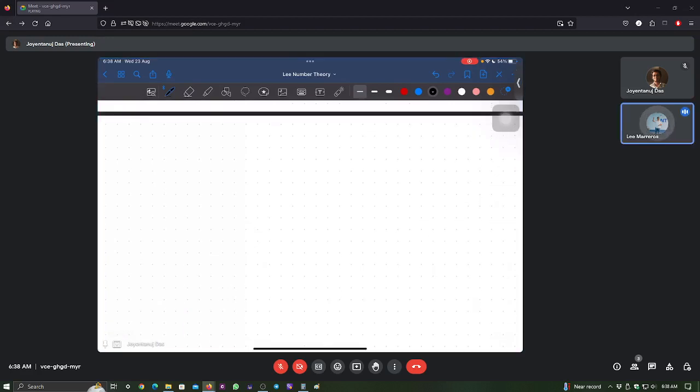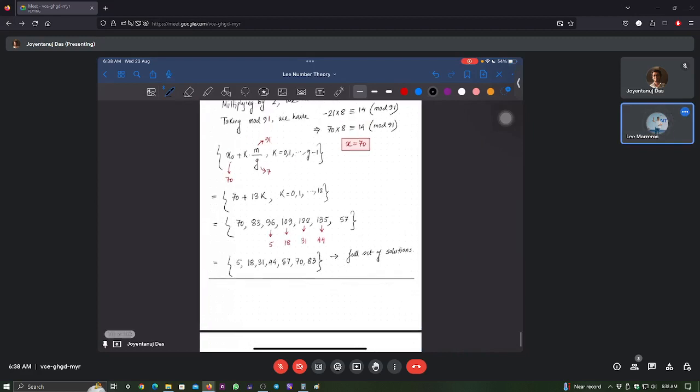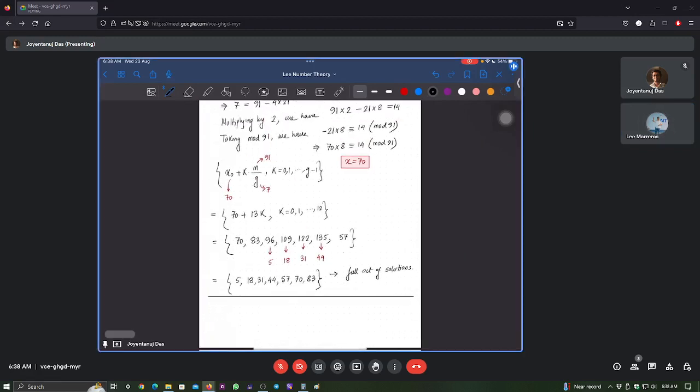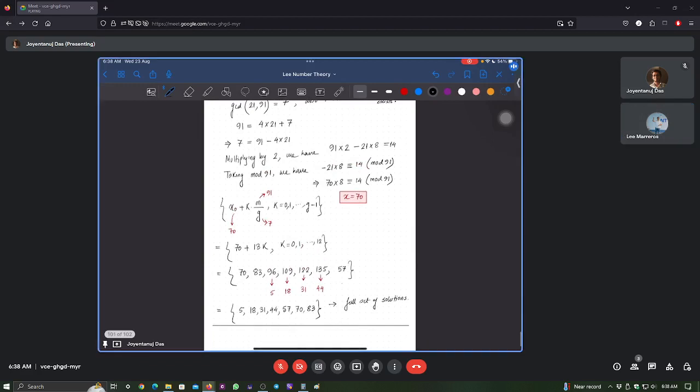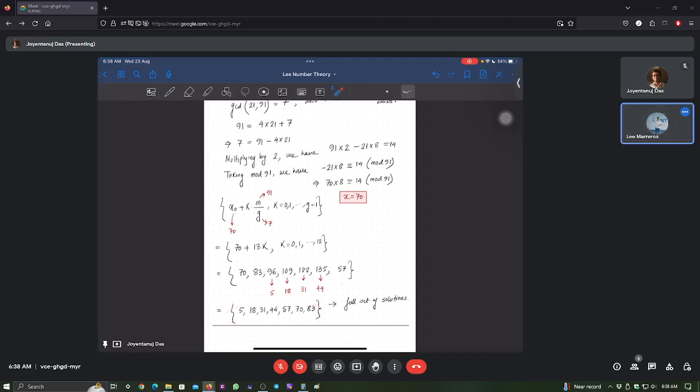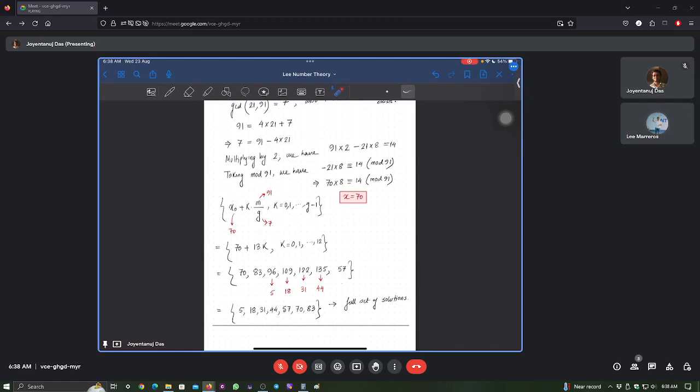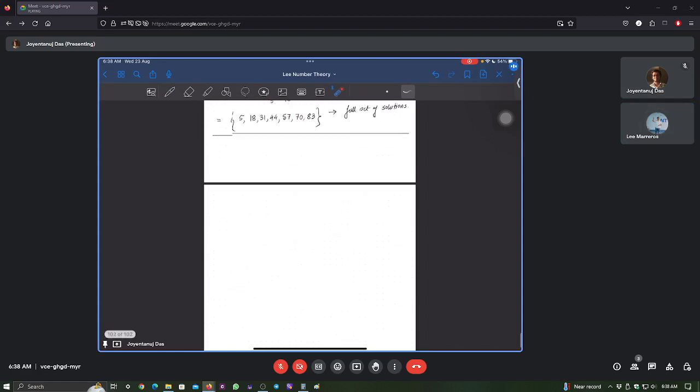We don't have a way to know the exact number of solutions. We know the maximum number of solutions we can have is G, where G is the GCD, but actually it will have less than or equal to G solutions, because some of the solutions can be repetitive. Okay, fine. So the next one is